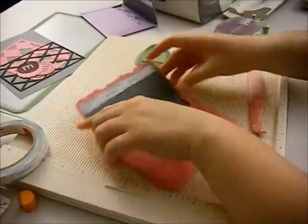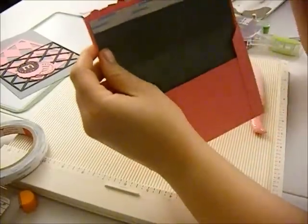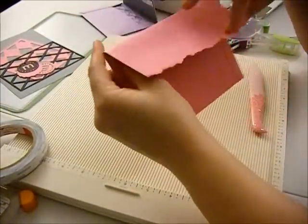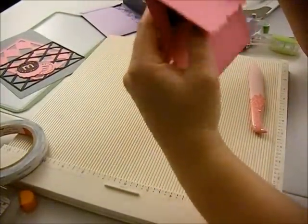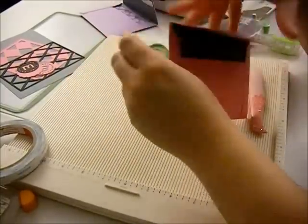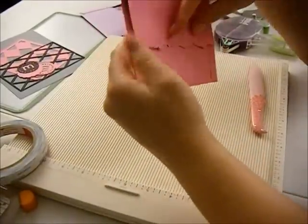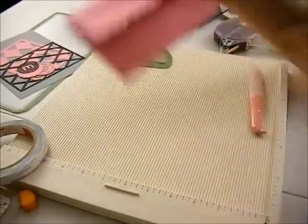And that way when you're ready to mail the card, all you have to do, just like you would on an envelope that had the pre-adhesive closing tape, is just go back and remove the liner of that tape and close it, and then you're done with the envelope. So I'm going to put